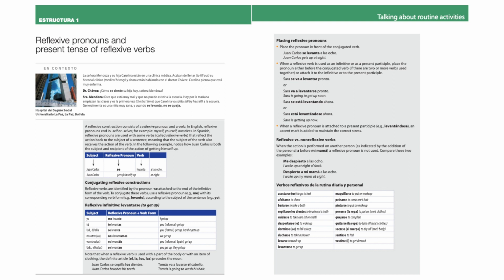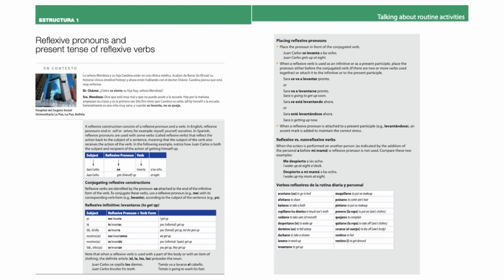Now, reflexive infinitive, levantarse, to get up, will be me levanto or yo me levanto. Now, some examples of all the subjects: yo me levanto, tú te levantas, usted, él, ella se levanta, and